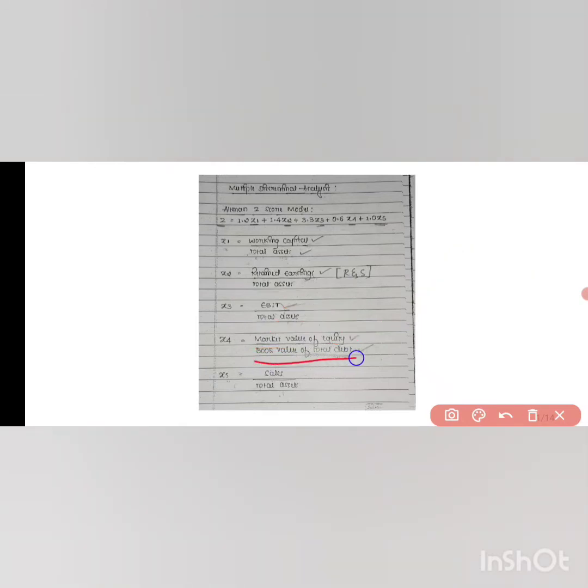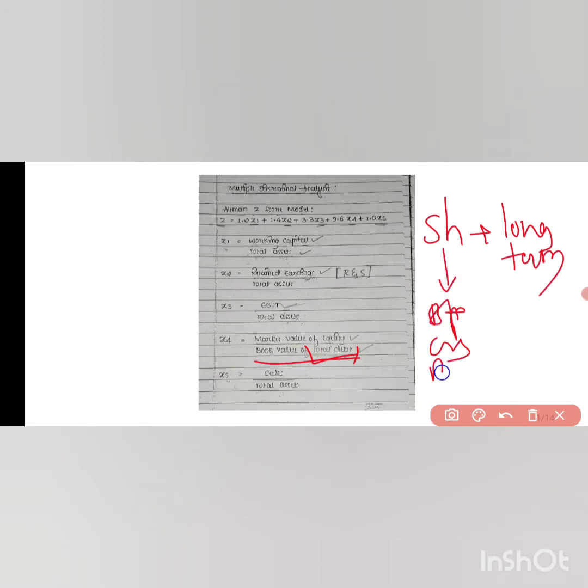Next we have is book value of total debt. Here the word total debt itself says that it means short term debt plus long term debt. Long term plus short term will be total debt. Okay, so short term debts are like bills payable, creditors, bank overdraft, and long term debts are like debentures, long term debt. Okay, so all these will be your total debt. While calculating the problem, you will have an idea how to add or how to calculate the total debt.